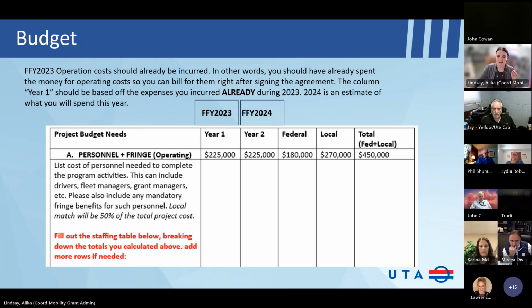So I was going to do an example of Zoom grants, but I ran out of time. Let me open it. My computer's running slow because it wants me to do an update. Let me open Zoom grants here. Sorry, real quick. So you're saying in the budget form, we need to write that it's just for fiscal year 2024? You would just fill out the year 2 column. Yes, and then you would put that in your Zoom grants budget. I'll show it. I'll show you on the screen.